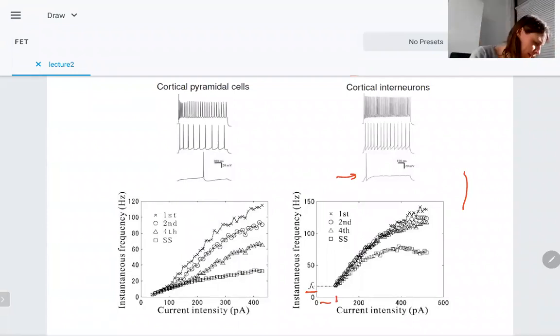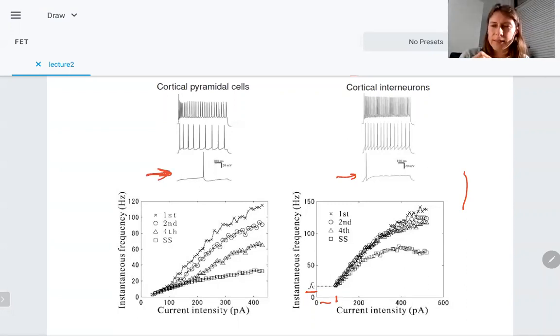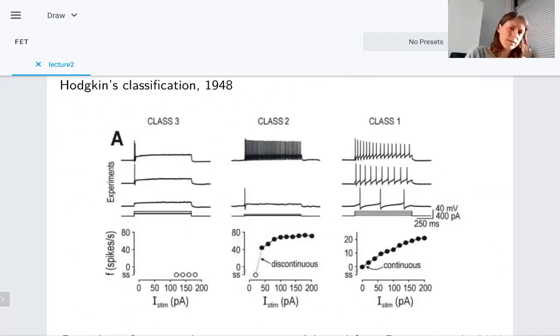And another property he observed is that the class 1 cells, when they showed just this excitability property, had a long latency before the spike, while this was much faster. He also identified another class, class 3, which were